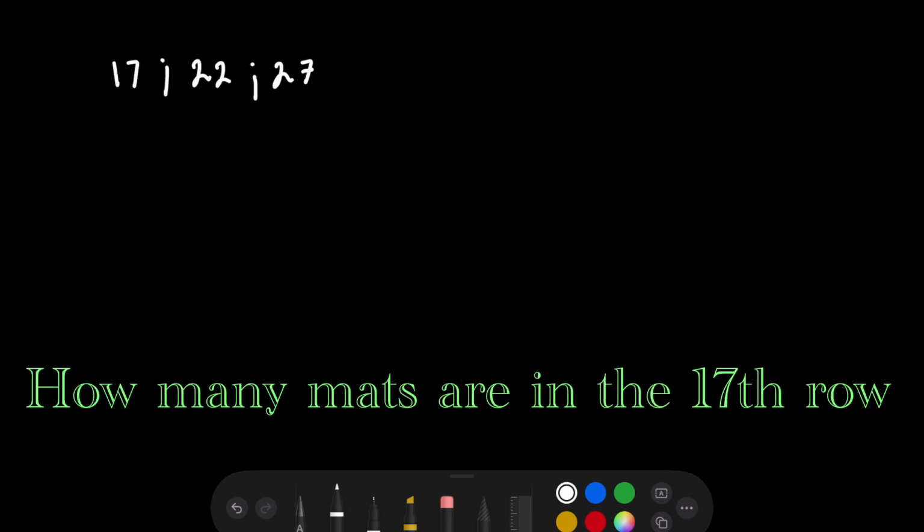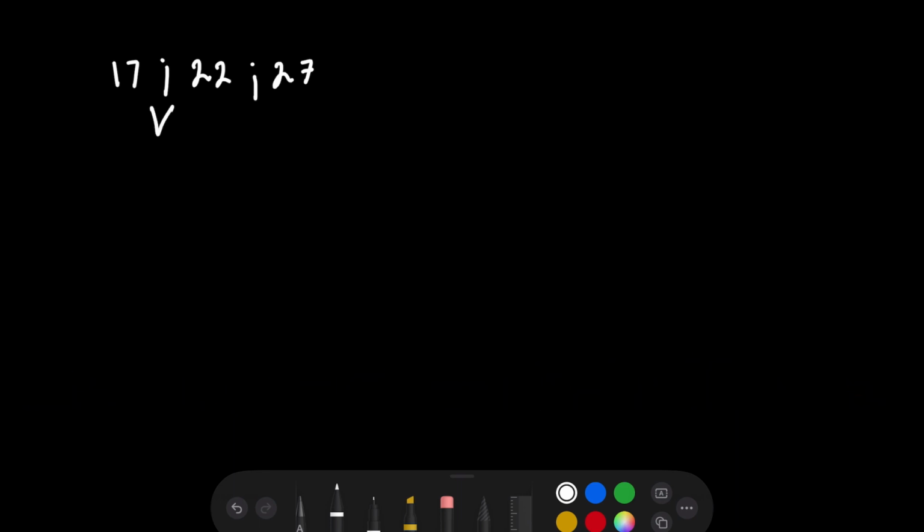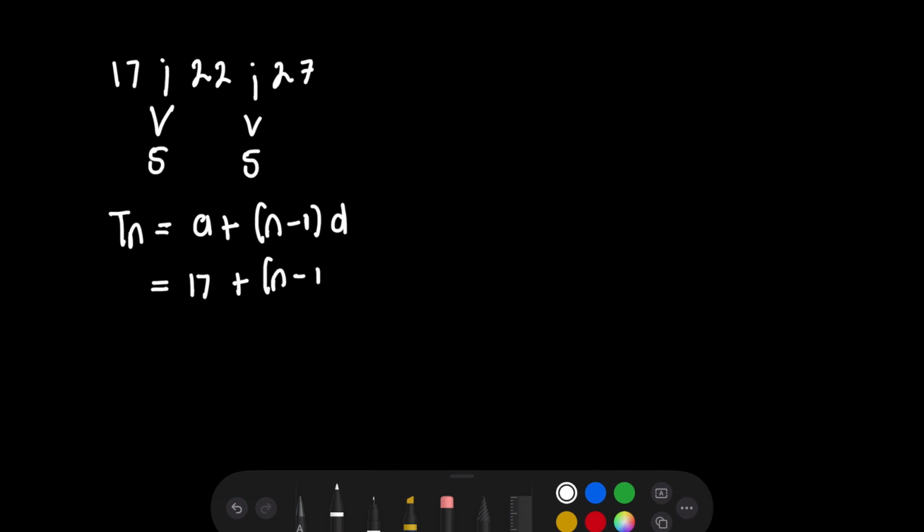So for me to figure that out, I need to get the general formula. So we're going to say T2 minus T1, that's 5. And T3 minus T2, that's a 5. Here we got our common difference of positive 5. So therefore I can now write my general formula as I have the first term and I have the common difference, which is a plus brackets n minus 1 d, which is equals to the first term, which is 17 plus n minus 1, common difference of 5,